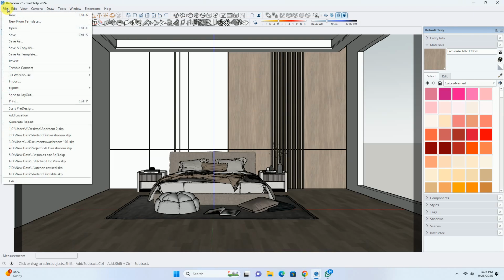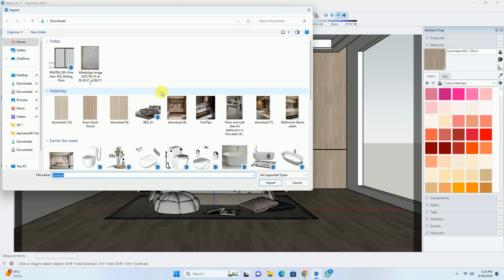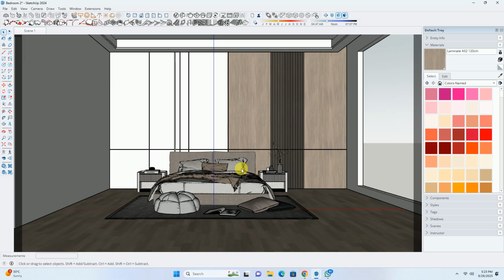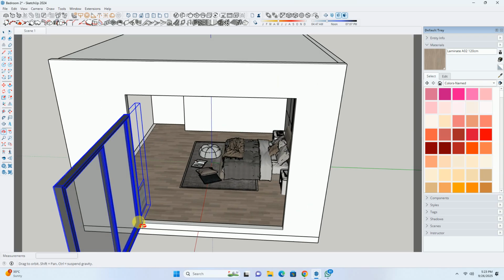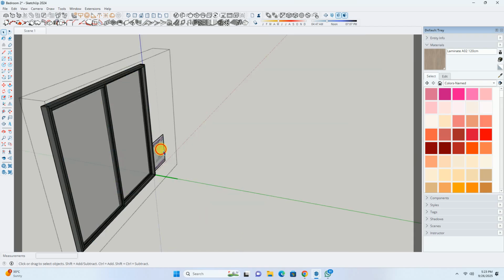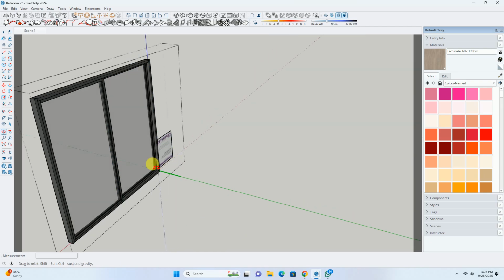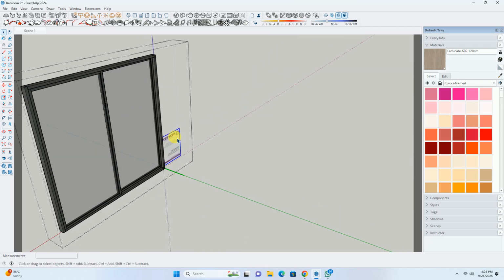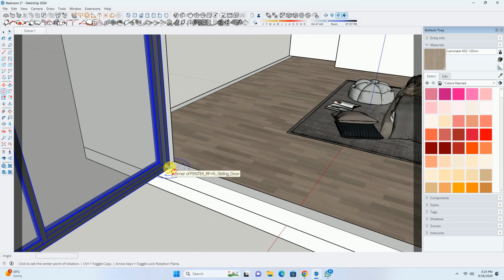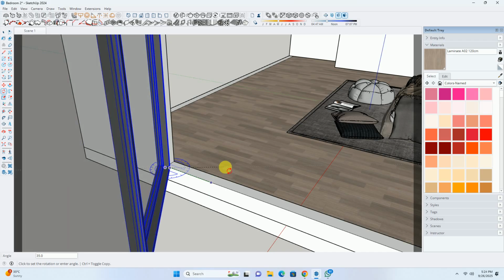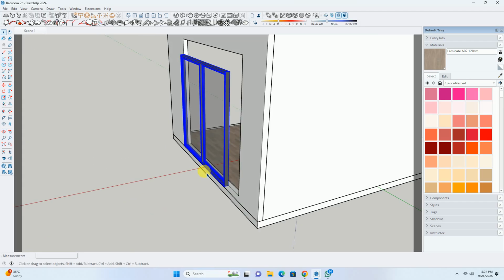Now we'll go to the file option. We'll go to import. Okay, from here, as you can see, this is the element that we have downloaded from Pantech. Now we do not want this documentation thing, so I'll double click on it so that I can open up the group editor command. Now I'll select this element and delete it. Now we can rotate this element. For rotating, we'll first lock our compass, then specify two points as a reference, then rotate it at an angle of 90 degrees.